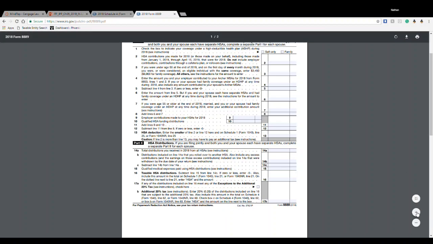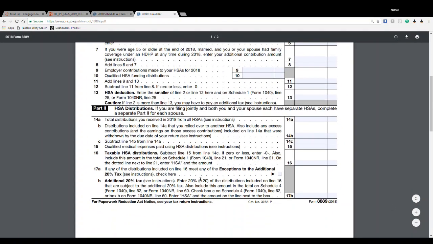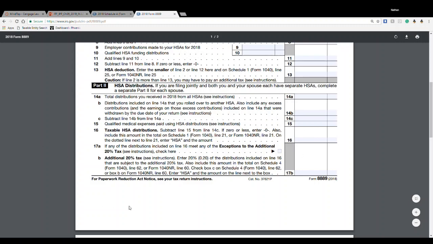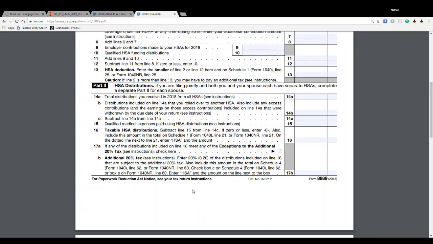This is, let me zoom in, because this shows you exactly what we watch out for. Okay? Distributions from an HSA can be taxable. This is only because we have to watch out, because again, HSAs are coming from your gross pay, so they haven't had federal withholding, Social Security, or Medicare taken from them. So we have to watch out, as you can see